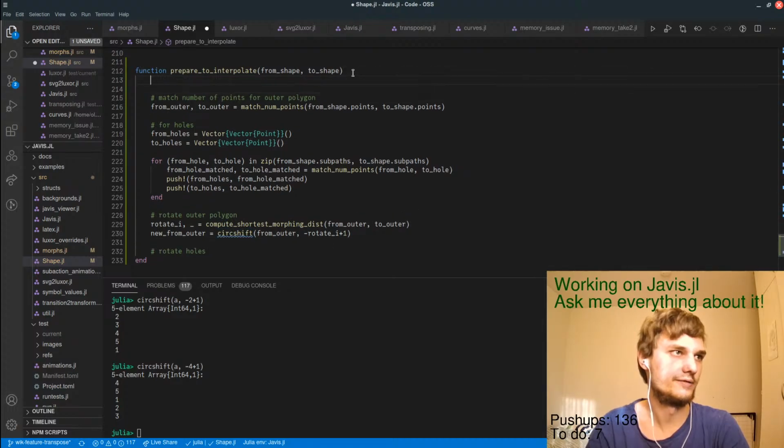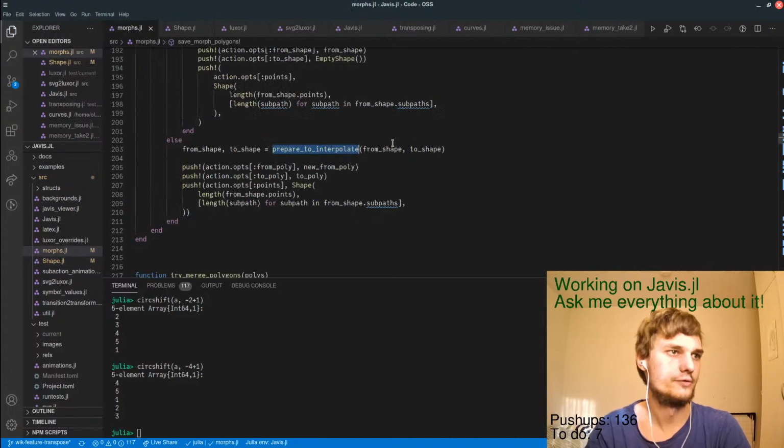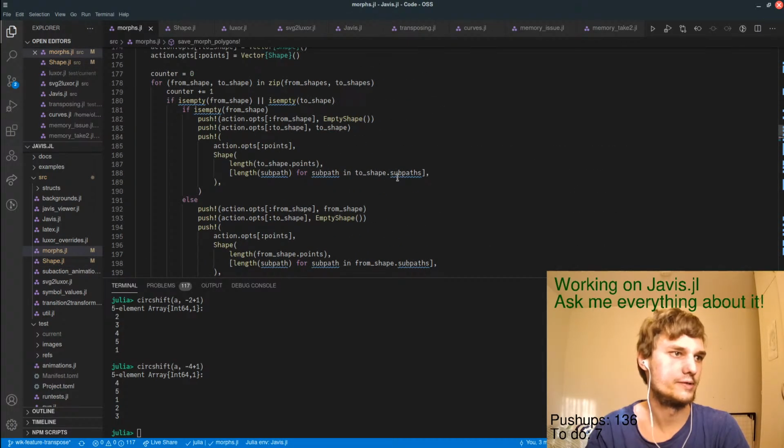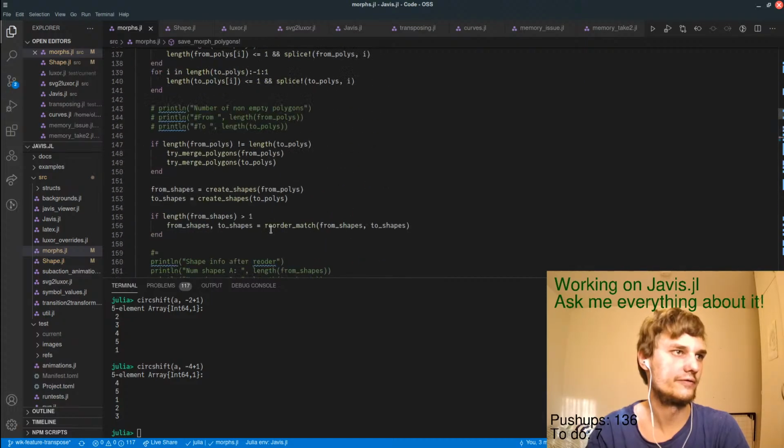Then we have new from shape is, how do I define them? Oh, I have this create shapes, right?